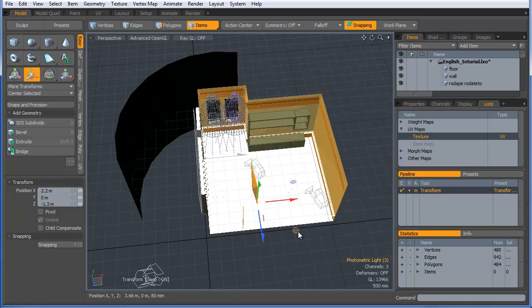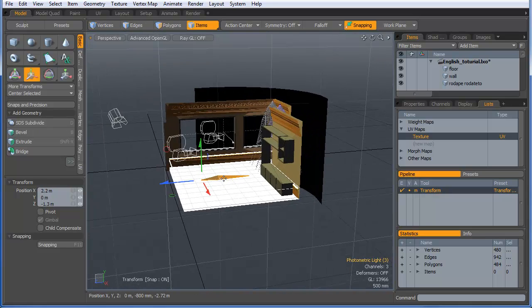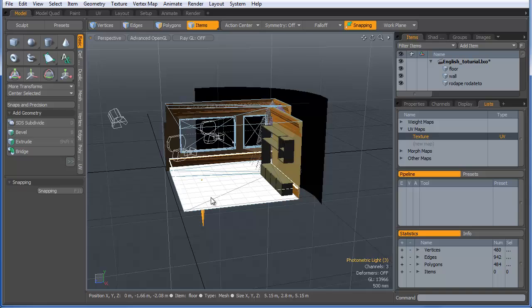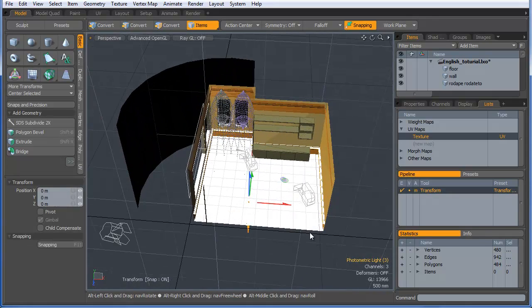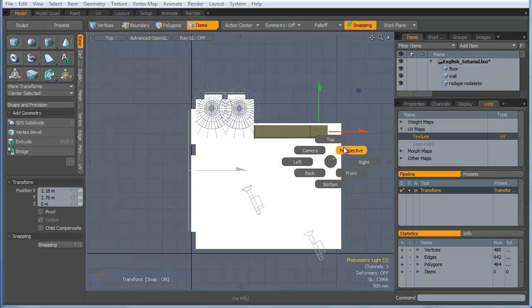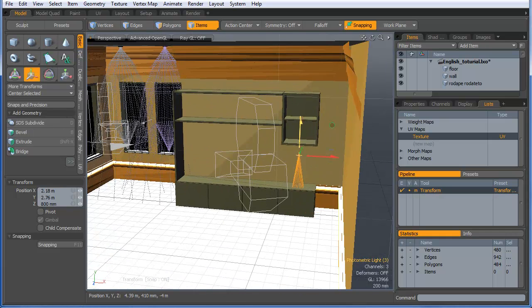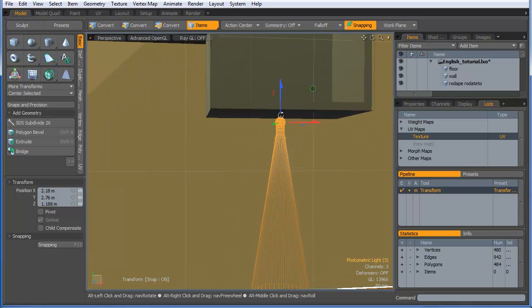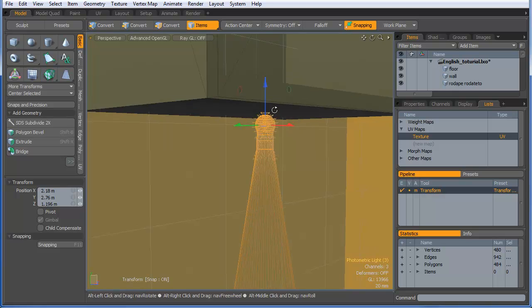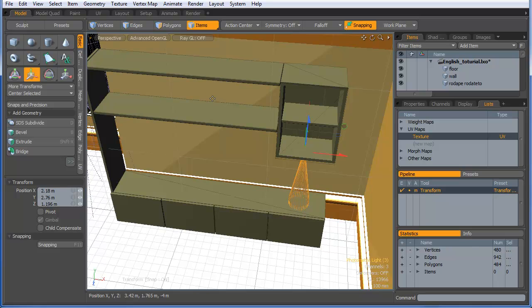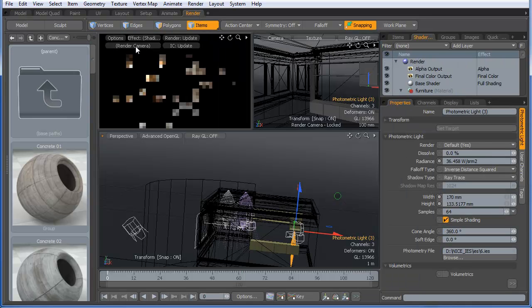okay, let me rotate it 90 degrees, W, and I will go to my top view here and move it to there. Perspective, W, and I will move it up to here. Let's go to my render tab, and I'll go to my camera 2,